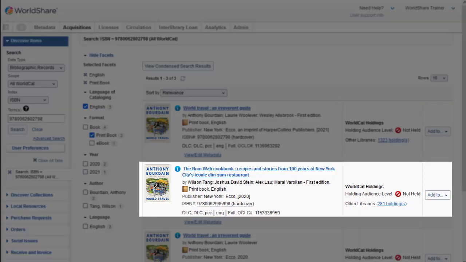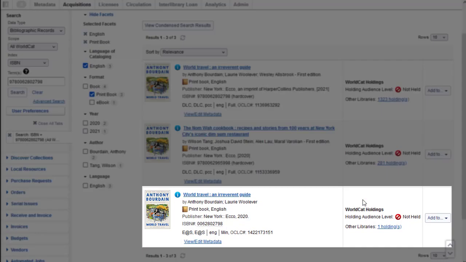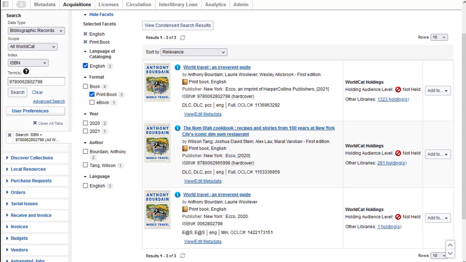The second record is actually a different title, and the third title seems to be the correct title and publisher, but the date says 2020. It's also a minimal level cataloging record, so the cataloging would not be as complete. And only one library has added their holding to this record. So considering all this, I'm going to go ahead and choose the first record, the DLC record, to add my